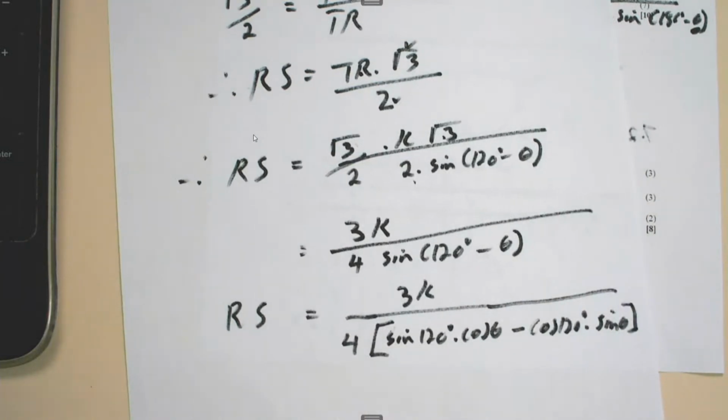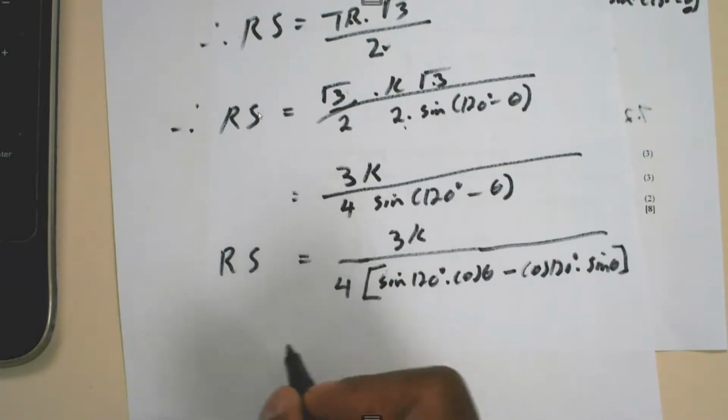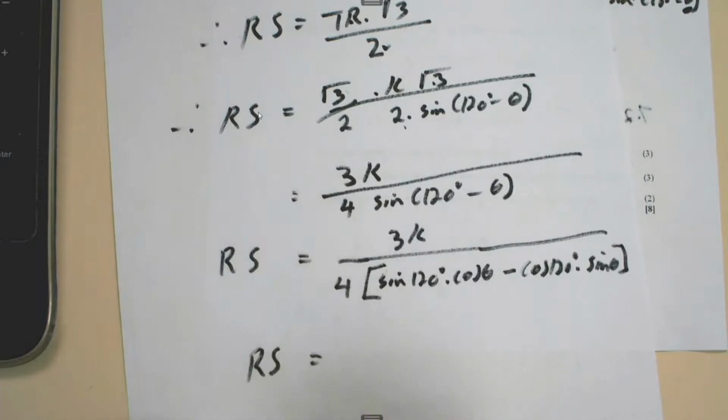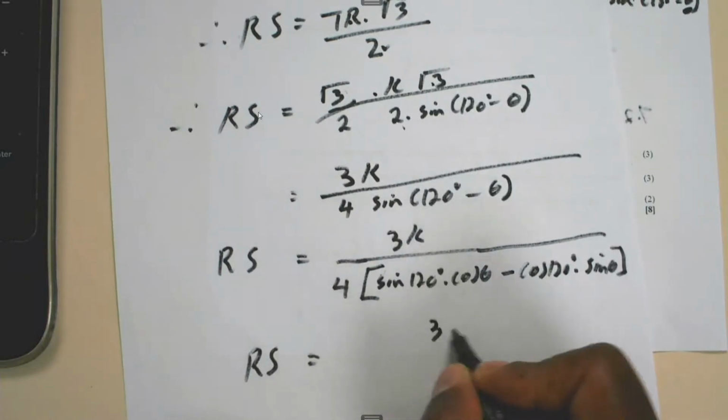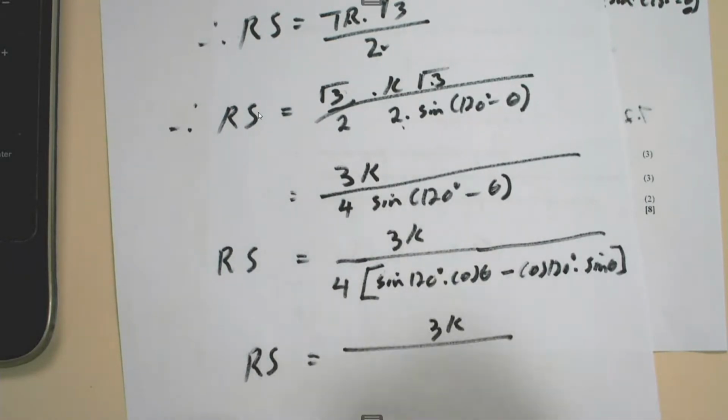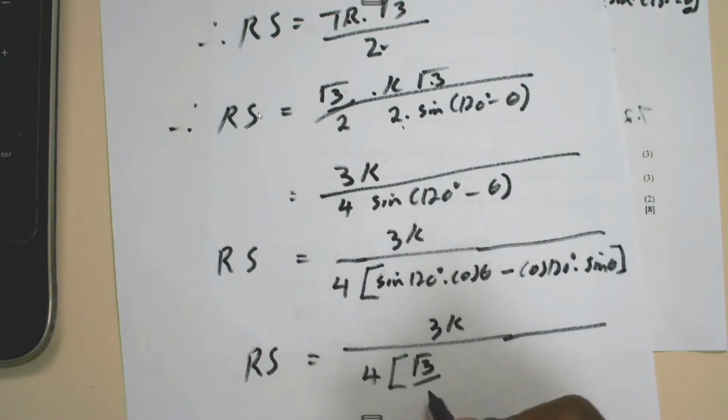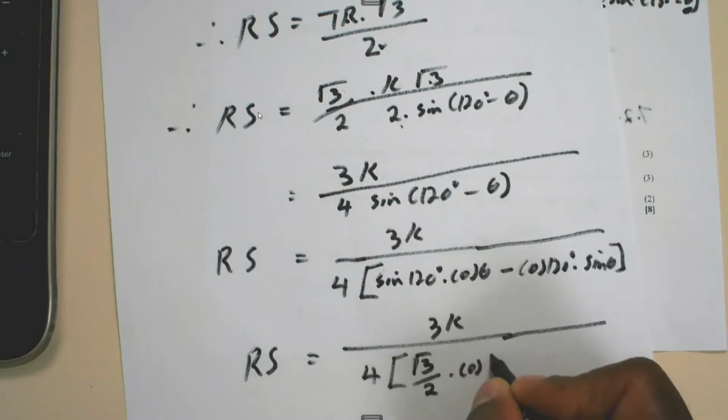Now we have applied the compound angle identity for sine. Then if we simplify it further, let's check: RS is equal to, our numerator is still 3k all over 4 times the sine of 120. Remember, it's 180 minus 60, sine of 60, and this is the second quadrant. So sine thereof will be square root of 3 over 2 multiplied by the cos of theta